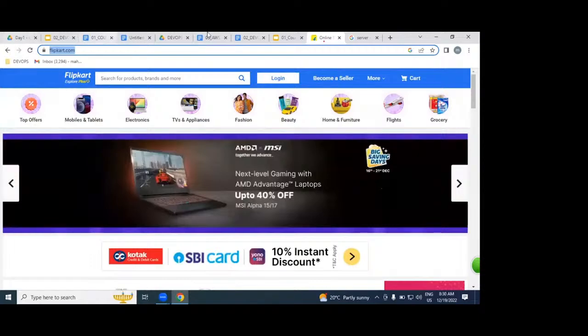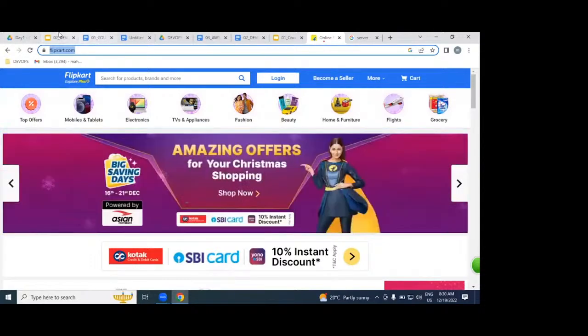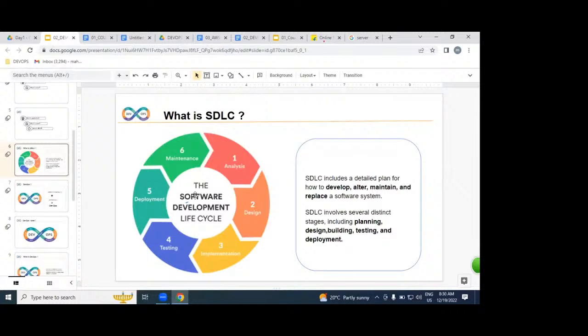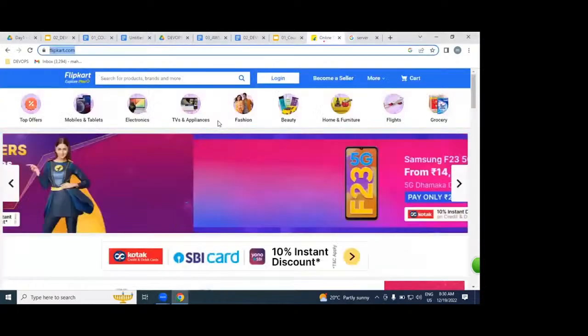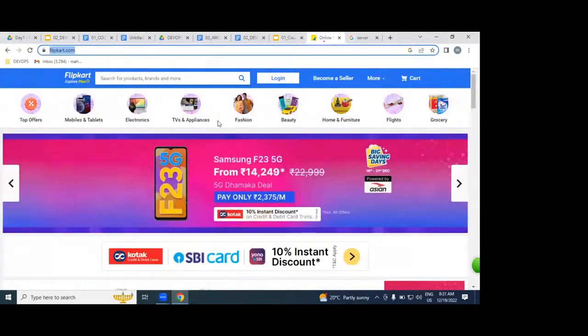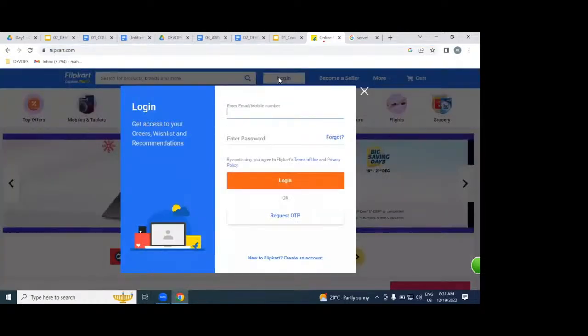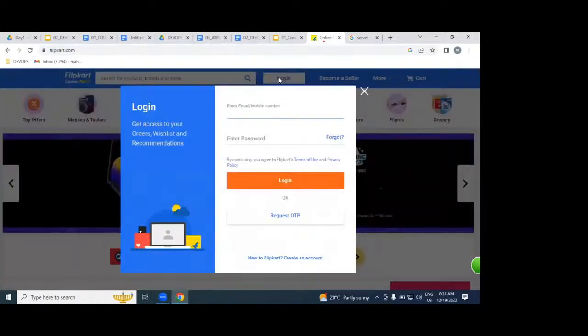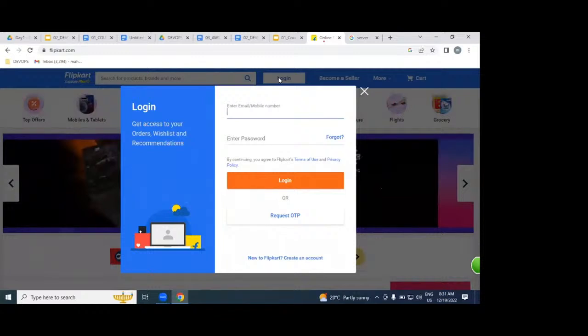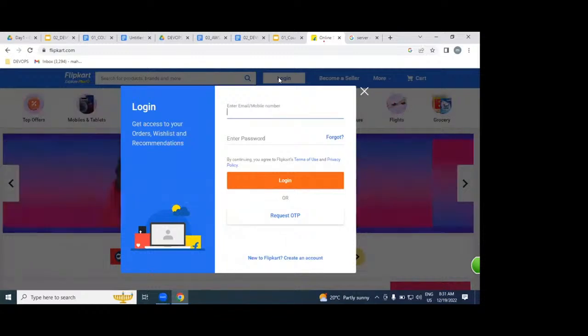If you want to build this Flipkart kind of application, we need to follow all these stages. What is the first stage, guys, please? Analysis. Analysis is nothing but gathering information from the client. Who is the client here? Flipkart. What exactly does this business require, how exactly the login page, how exactly the registration page, what is the payment gateway, what is the search page, how to track customers. Each and every piece of information will be gathered from the client.